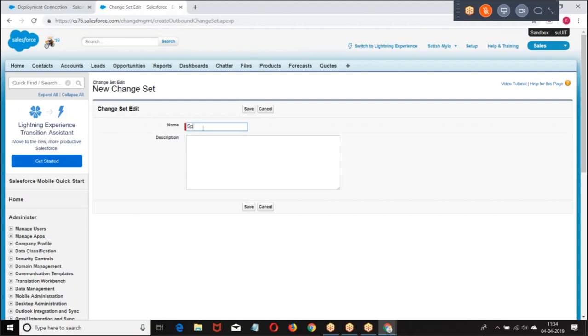Now I'll say sprint 3 requirement, and I can say QA release requirement 101, 102, 103.